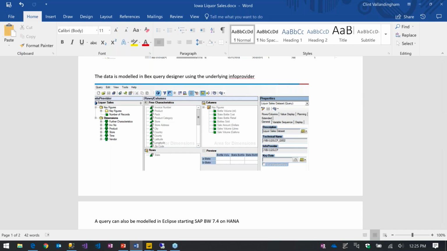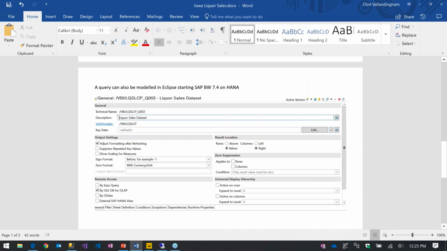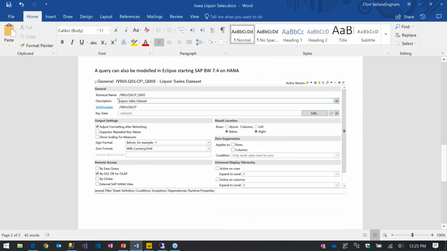So this shows that it is a BW environment that this is sitting in. And lastly, this data can be modeled in Eclipse from our SAP BW environment sitting on HANA. So just a little background from the SAP perspective, showing that this is where we put this data, this is where we sourced it from as we're pulling it into our Azure environment.